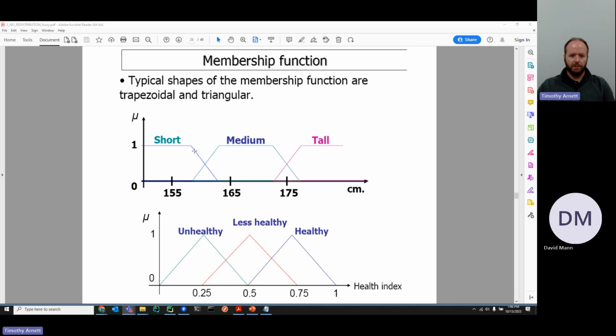And so we can see that their membership decreases in the short set as you get taller and taller, and increases in the medium set until this point. And then from this region to this region, you're in the medium height set. And then the same thing going to tall. Once you cross over 175 centimeters, we're going to say you're more tall than medium. And obviously at this point, there's 0 membership in the short set because this goes to 0 around 163 centimeters. And then, like we said in the other example, once you're above 180 centimeters, you're just referred to as tall.